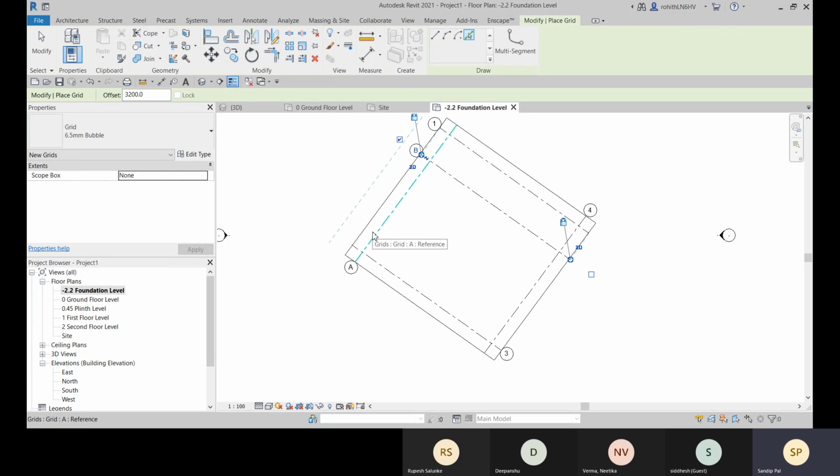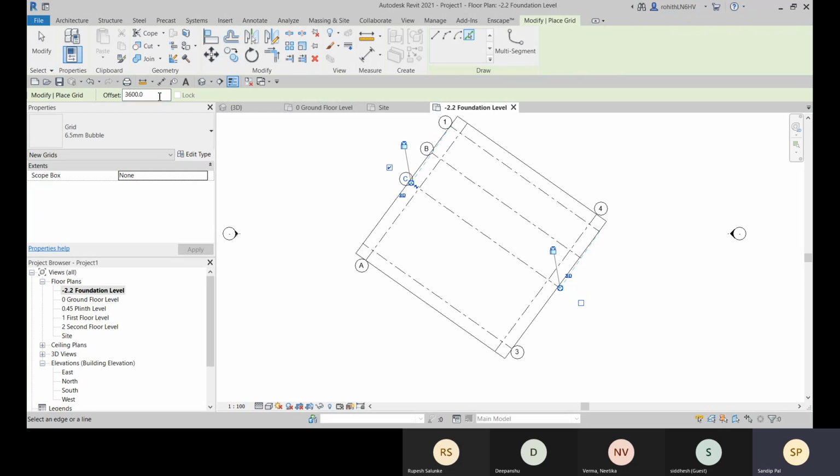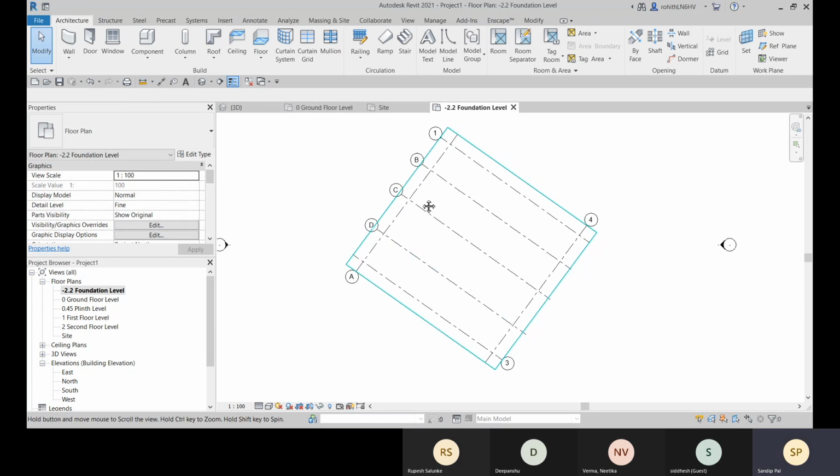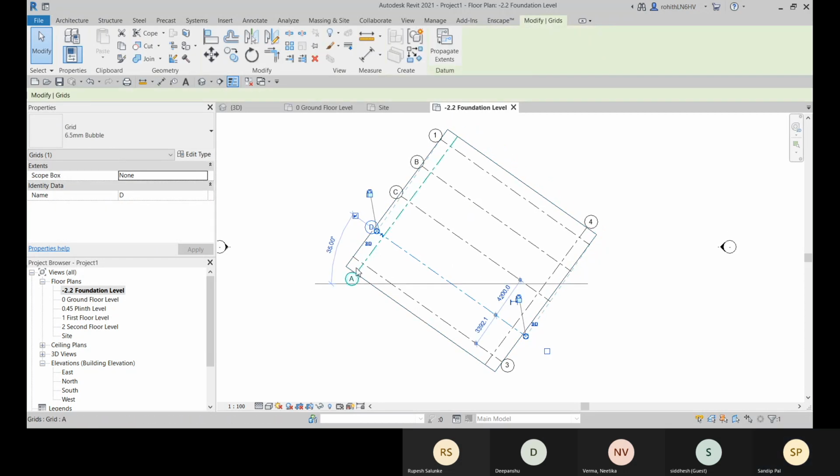Now I'm going with 3600. Here you can check the remaining distance. That is the remaining distance. So from this last one, this is created.